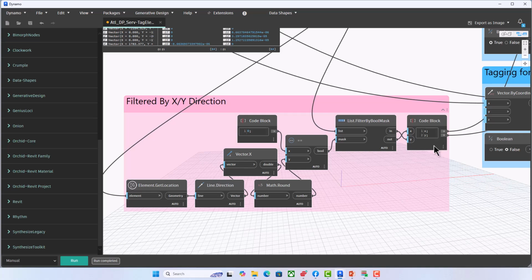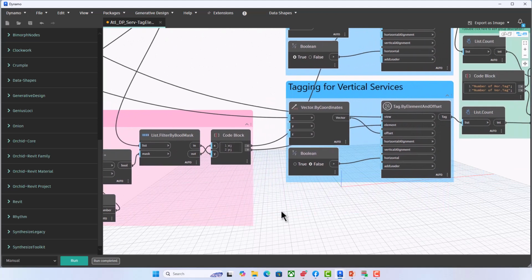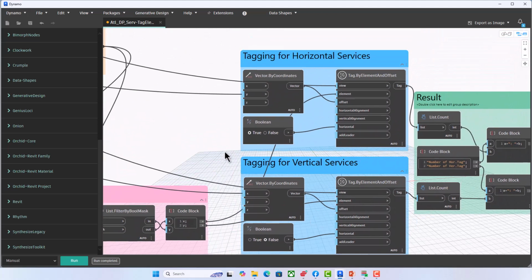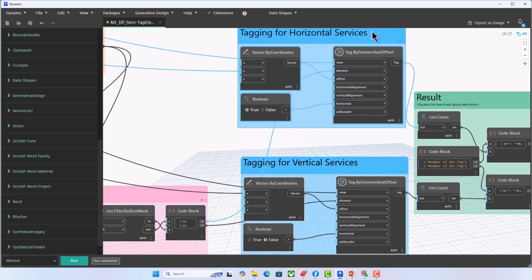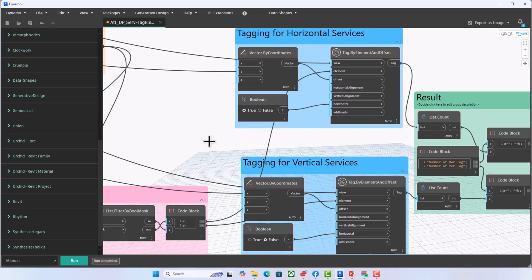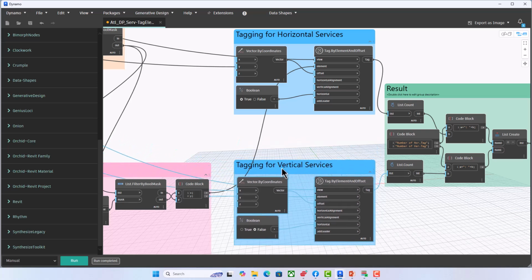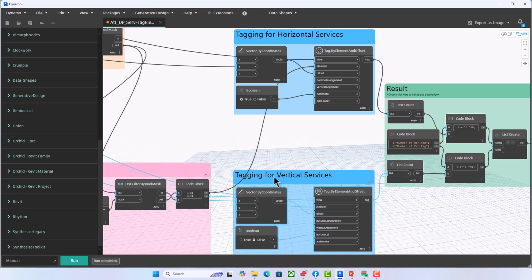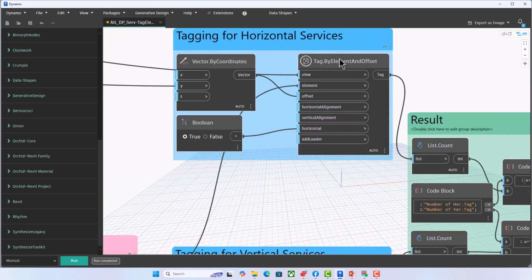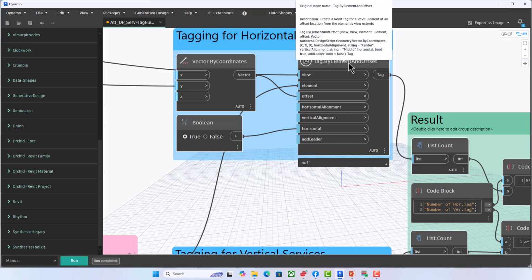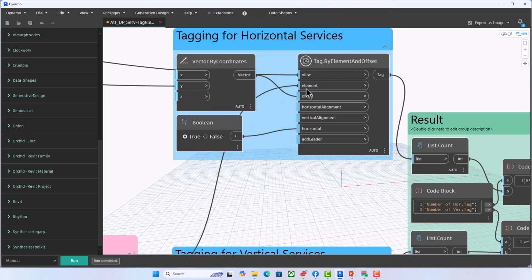One group is X direction and one group is Y direction. So X direction goes to the horizontal service process, tagging for horizontal service, and the others go to tagging for vertical service, right? In this process we are going to use tag dot by element and offset, and we need